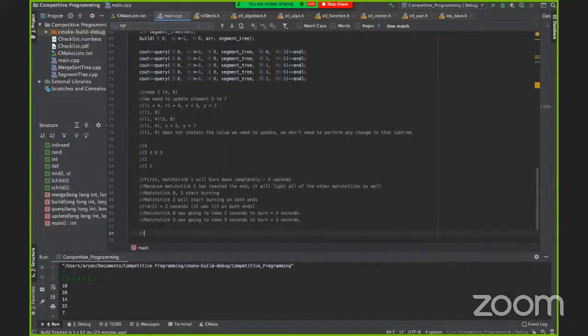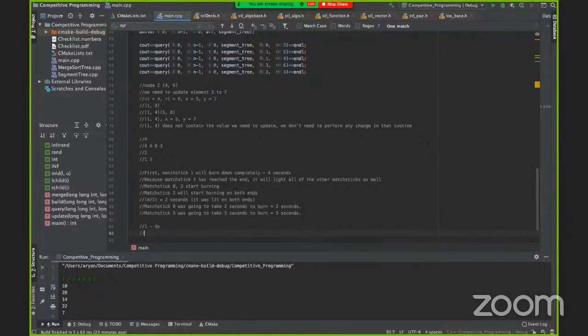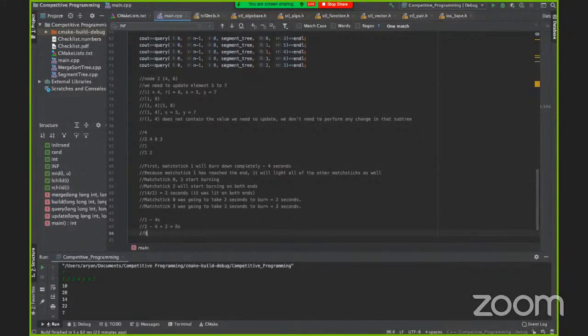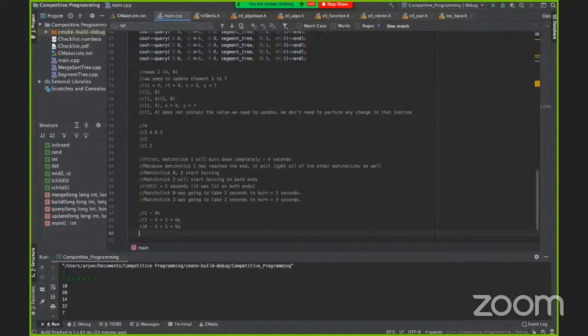So what was the total time? Let's start from 0. Matchstick 1 burnt in 4 seconds. Matchstick 2 burnt in 4 plus 2, which is 6 seconds. Matchstick 0 burnt in 4 plus 2, which is 6 seconds.